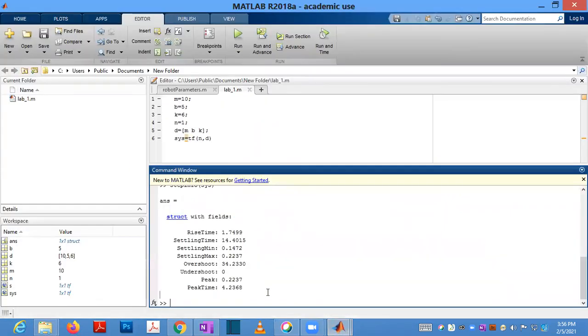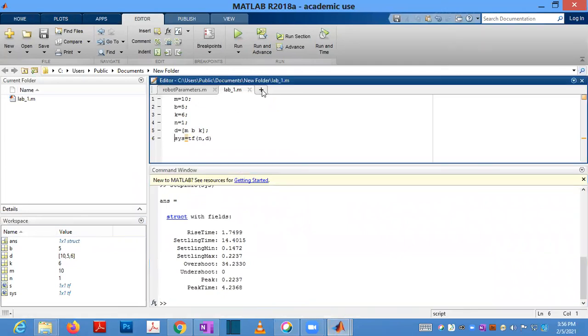Now you can do these things. You can do one more thing, plotting the undamped, underdamped and critically damped responses.